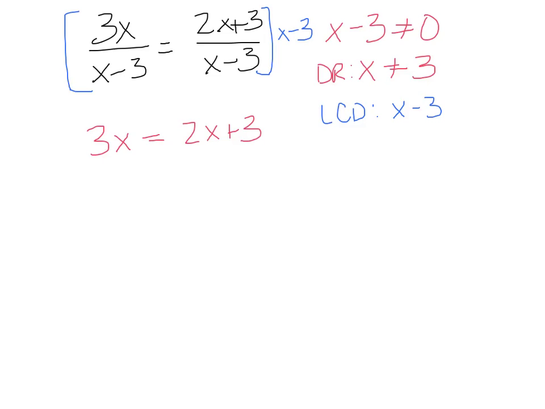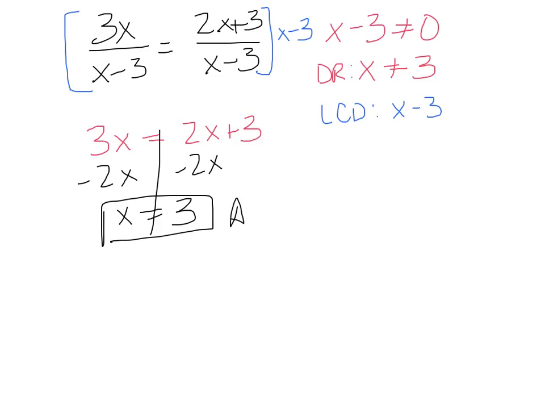Now let's go ahead and solve our problem. Get our x's together. And it looks like I'm all done. But wait! The domain restriction says that x cannot equal 3. And I found that x does equal 3. So in this case, since I know that x equals 3 doesn't work, I actually have no solution to this problem. So we can say no solution,